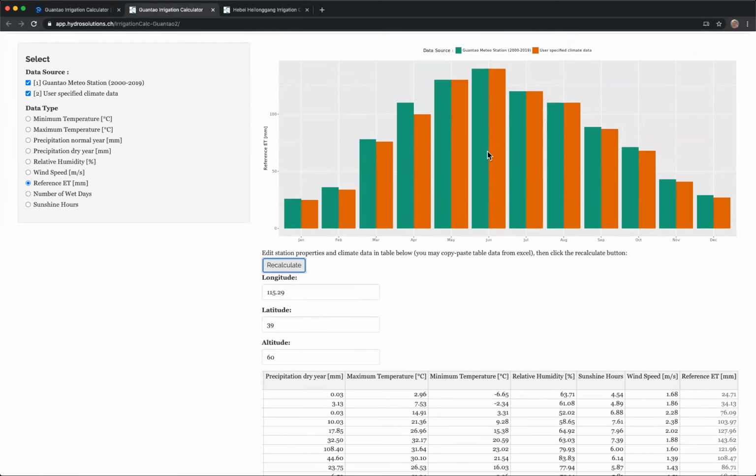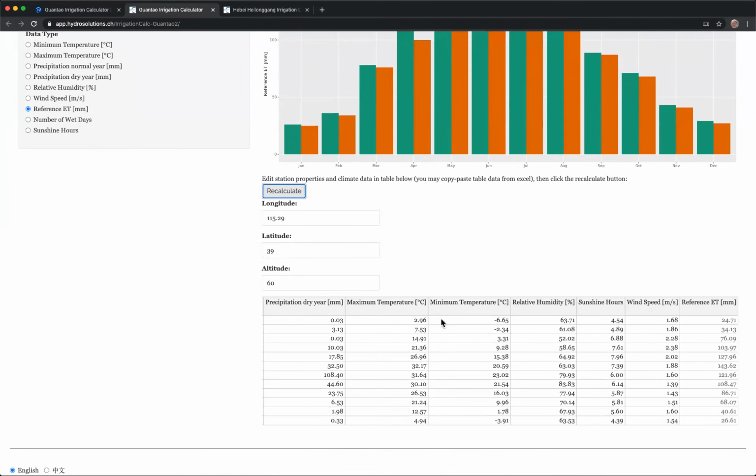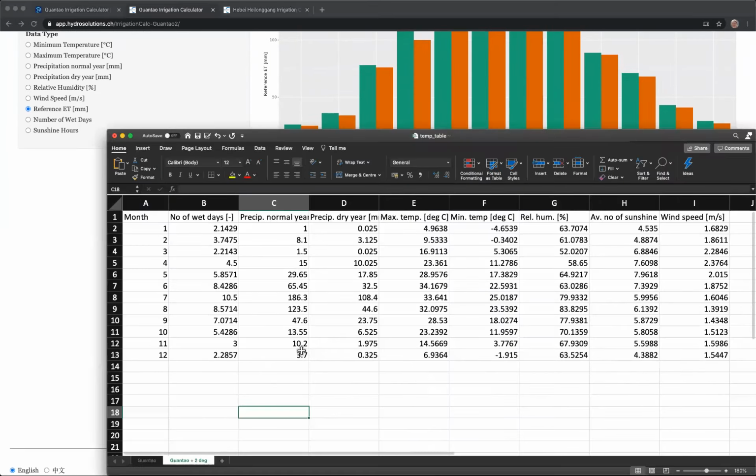see the results here. So in orange, you see the user-specified climate data where we just changed the latitude, and in green is the average data of Guantao Meteo Station. I also prepared some new meteo data in this table where I increased the maximum daily temperature and the minimum daily temperature by 2 degrees as compared to the Guantao average meteo data. So I can just